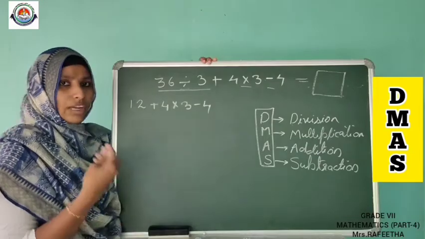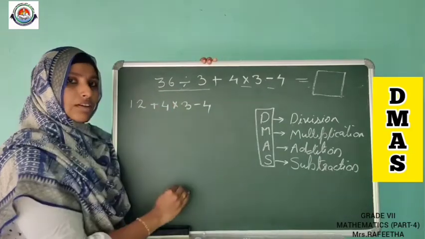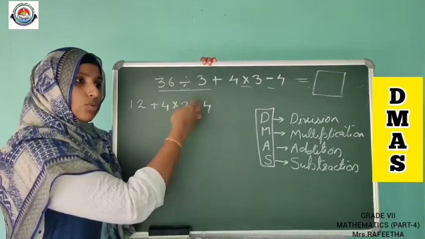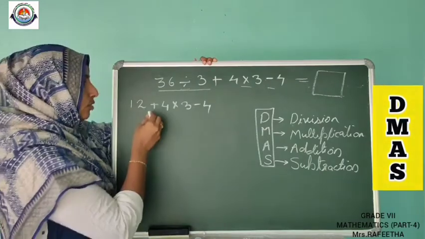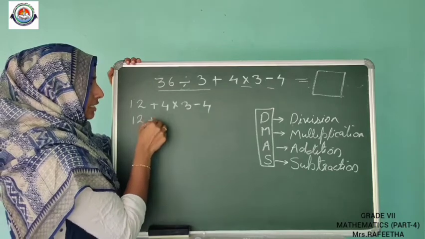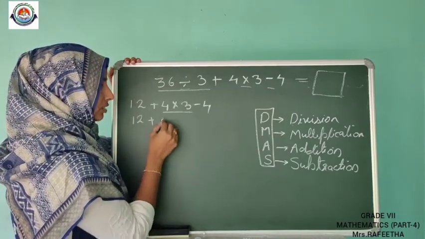Okay, first of all, as we are starting this problem, we want to do it by this method. By getting practice, it will be very easy, and without writing this step itself, you will get the answer. So division is over. Next we want to do multiplication. That is, multiplication is here. Okay, so we can solve this.